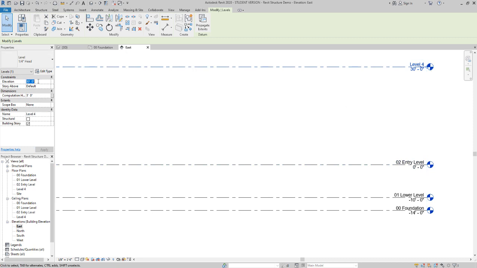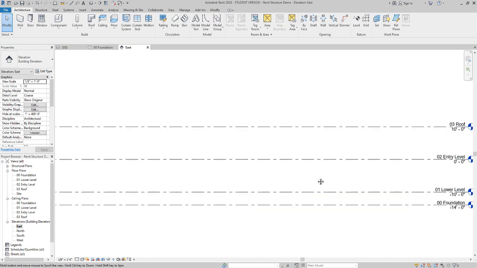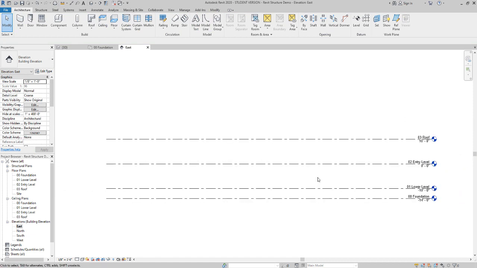And then the last one here is going to be at 10 feet high, and the name for that's going to be roof, which is actually 03 roof. Okay, so now we have all of our elevations set per the directions. Going from here, we're going to start to create our walls. To create the walls, it wants us just to click somewhere generally in the bottom corner, and then we're going to work our way around